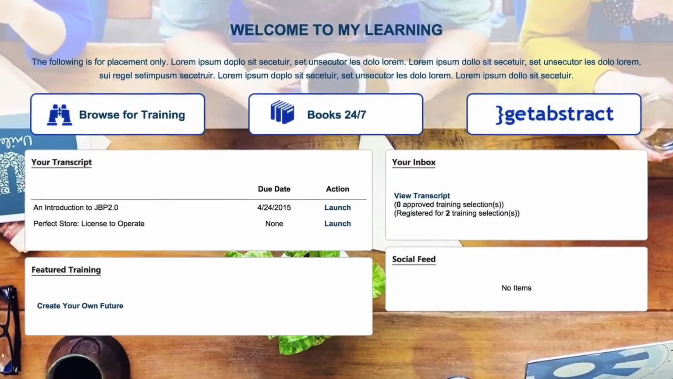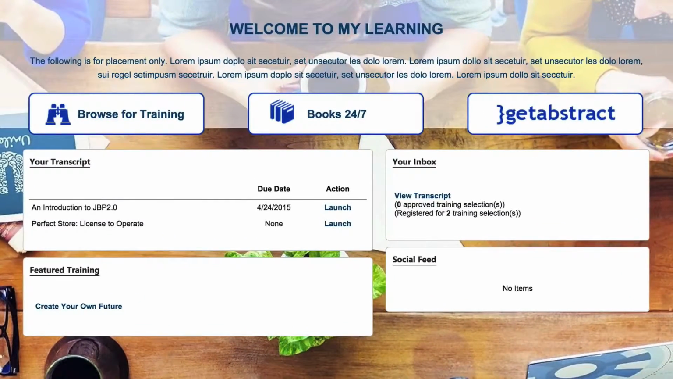the Welcome to My Learning. This has been configured to provide quick and easy access to those things most relevant to Gary, our end user. So widgets such as Book 24/7 and Get Abstract are going to provide links directly to those Unilever pages, as well as additional widgets such as the ability to browse for training directly from this welcome page, view the transcript,